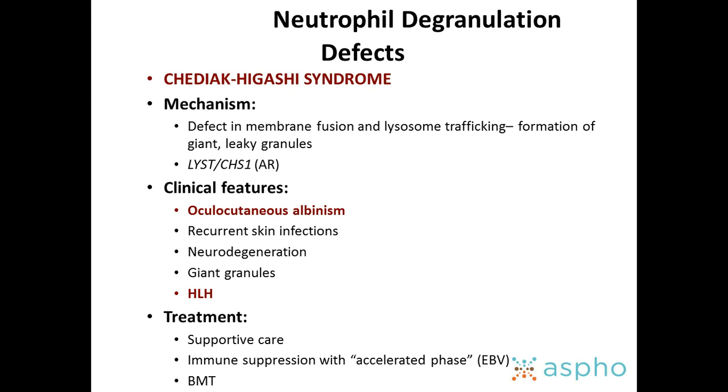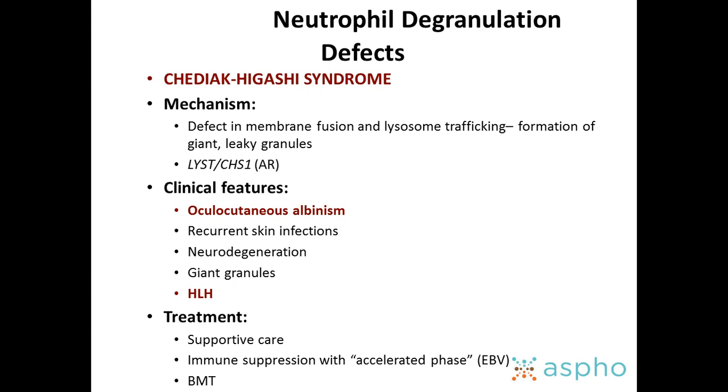Okay, so let's talk for a second again about some more degranulation defects. I know I mentioned some of these diseases earlier in the context of neutrophil development. Well, they also function in degranulation. Chediak-Higashi and some other fusion defects also impact function, not just development and differentiation. And I think Chediak-Higashi has got so many weird things, it's very testable. This is something I'd spend a little time getting to know.